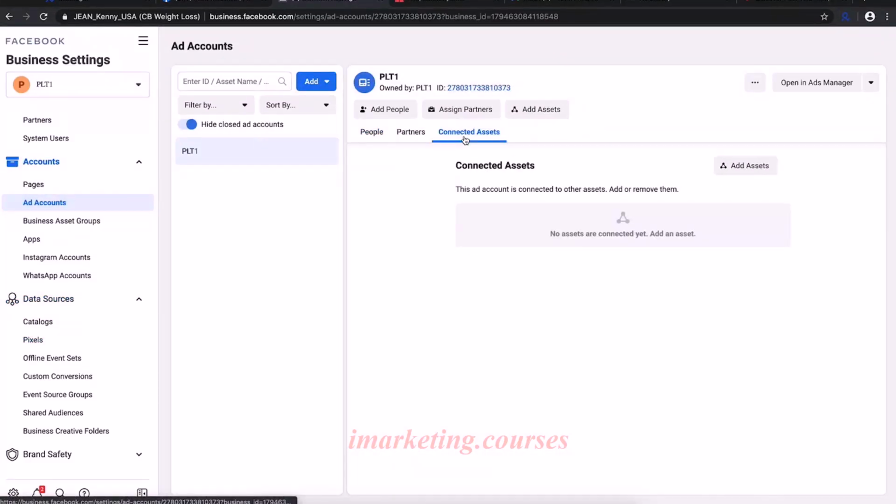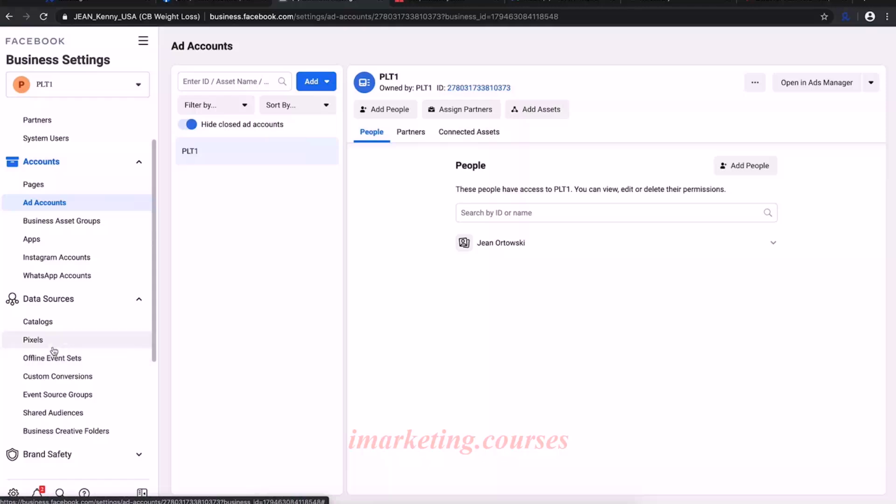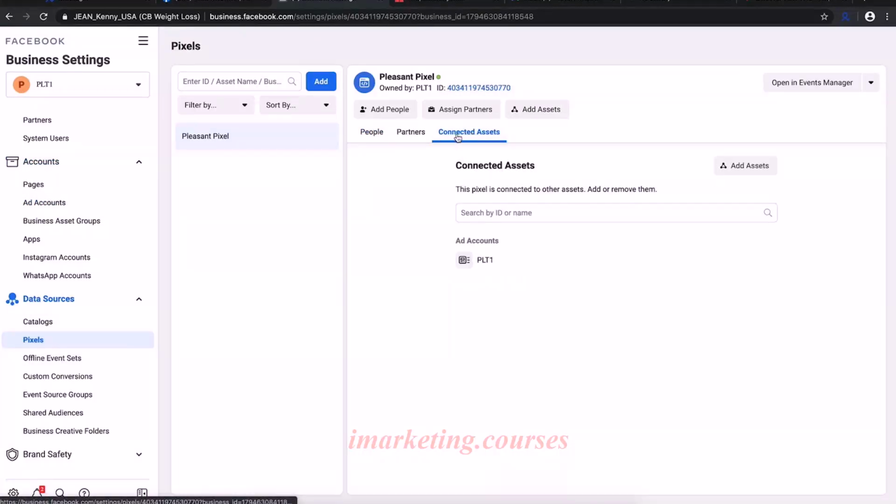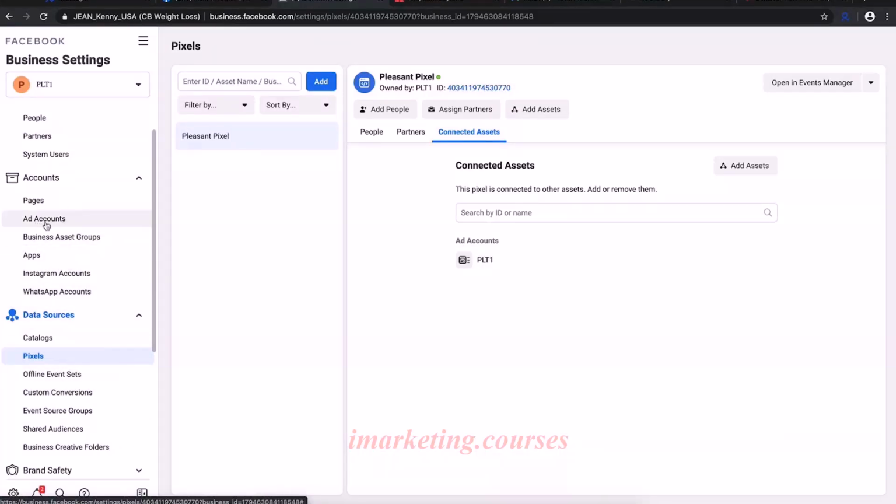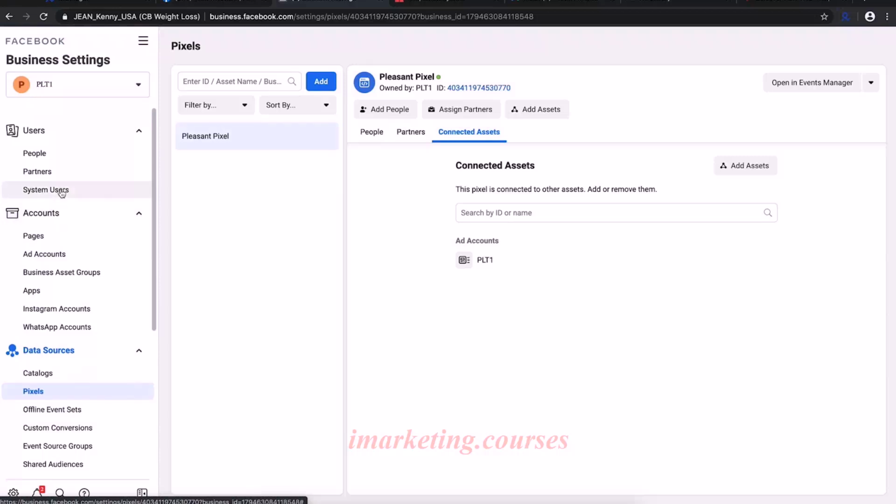So if we go ahead, we can go back to our pixels actually, and we can take a look at connected assets. This ad account is allowed to use this pixel. So when we go in and access the ad account to create conversion campaigns, we'll be able to see this pixel with all the data. So that's it with creating an ad